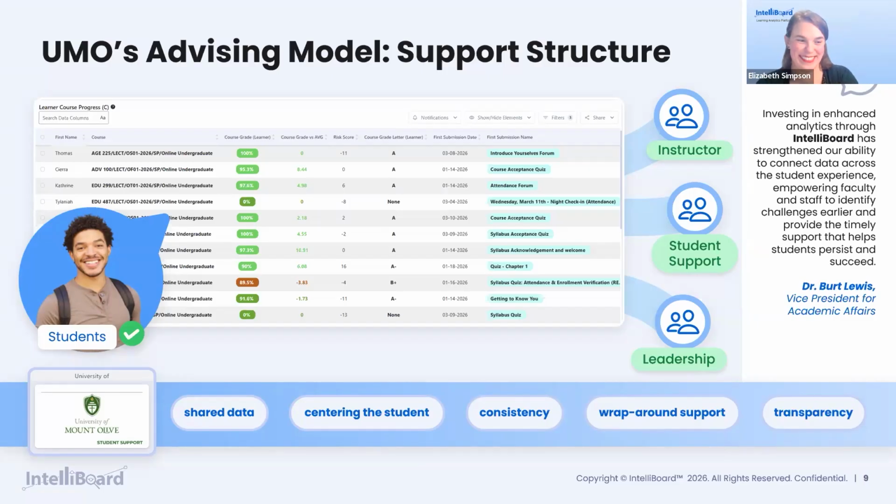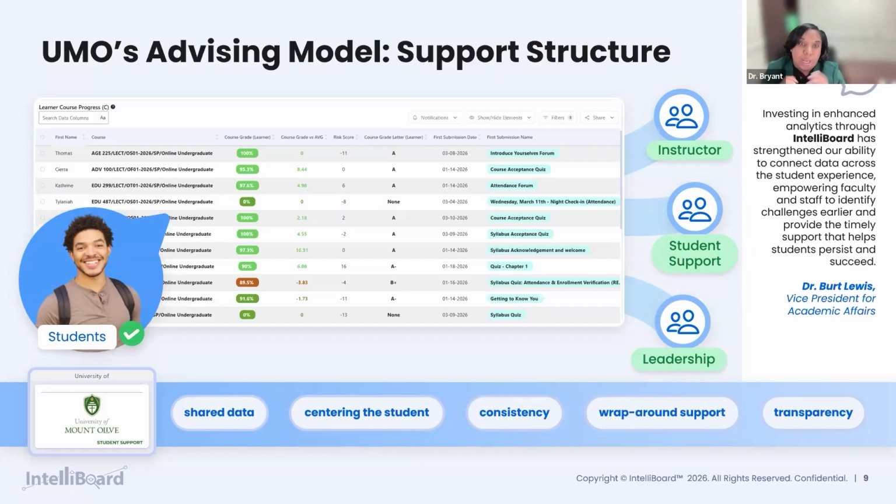Thank you. Attendance is extremely important to us. We always want to be sure that when students wait until 11:59 to submit their work, we still give them credit for being present. That's why IntelliBoard is so important to us, because our instructors do attendance on Sunday. If a student has waited until 11:59 to do their work, our instructors go back in on Monday and update the few attendance values that are there. We ask for the Sunday attendance value because it allows us to get a start earlier, so you can then contact students on Monday.